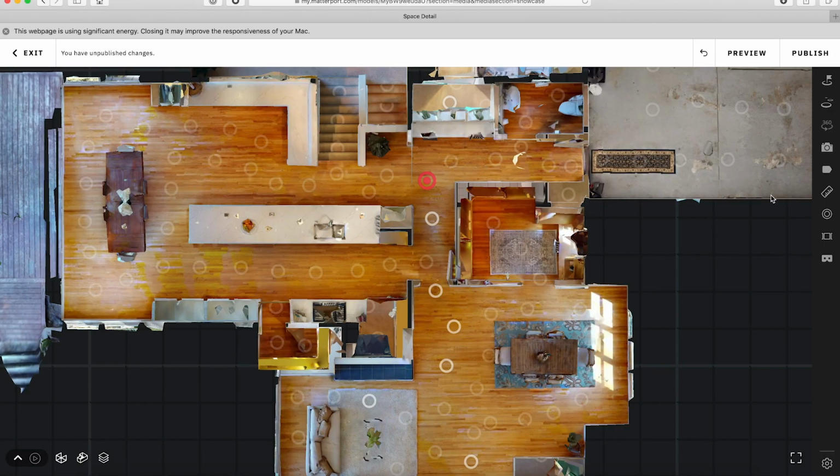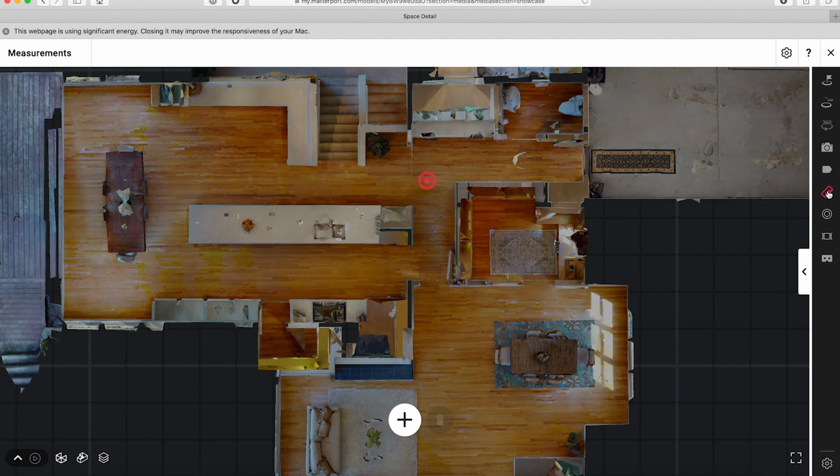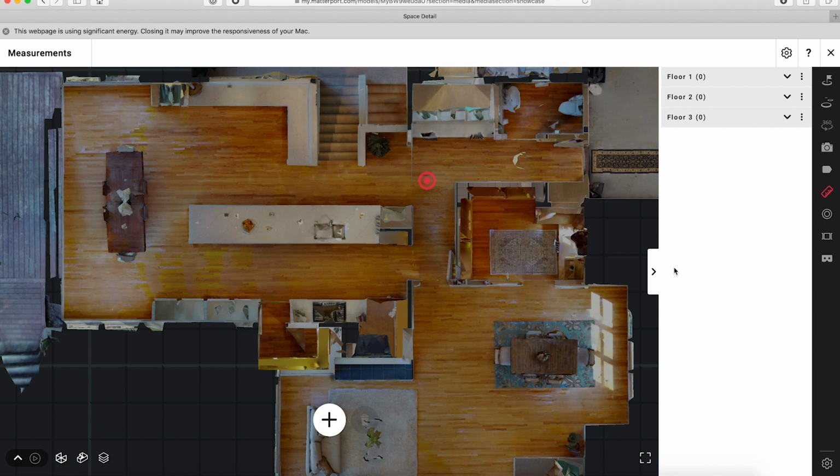Now let's talk a bit about the measurements mode and how you can take advantage of that. If you're working in Workshop where you're actually editing your model, you can access the measurements mode in the tool panel on the right side. It's right over here. It looks like a little ruler icon, and you just tap that. And if it's closed, I can open it up via this little drawer pull right here.